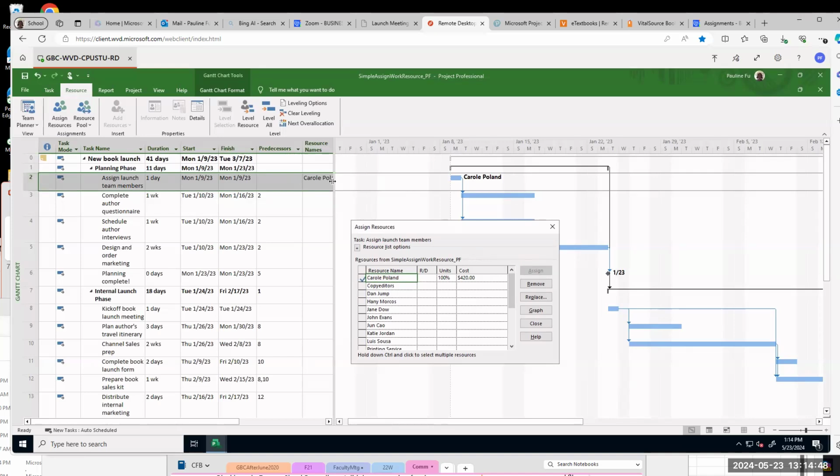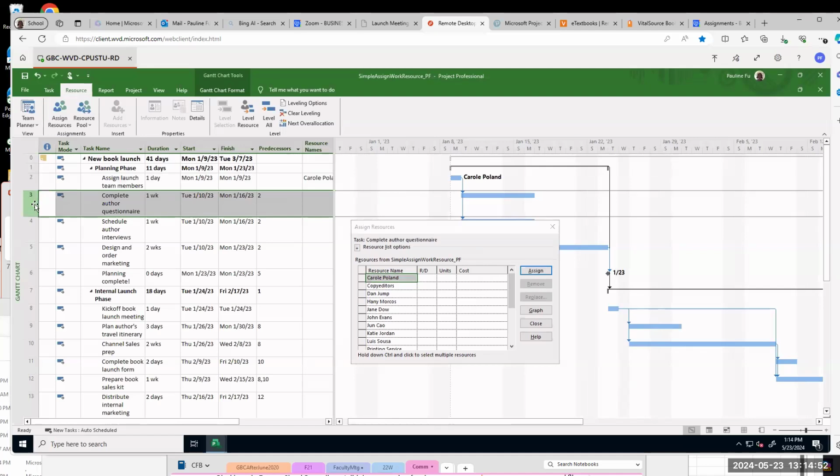Now assign Tony Paul to task 3. So click task 3 first. Locate Tony Paul. And then click assign. Before I click assign, nothing happened here under resource name.